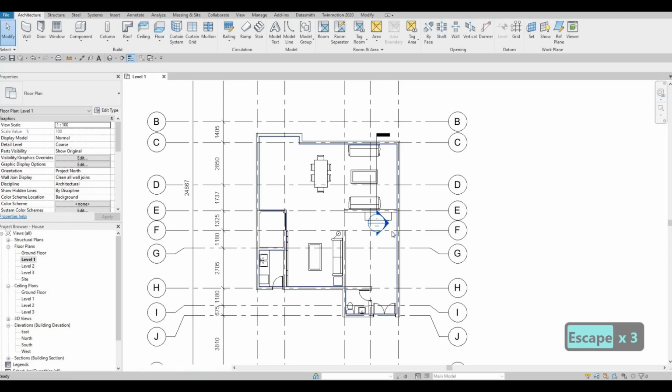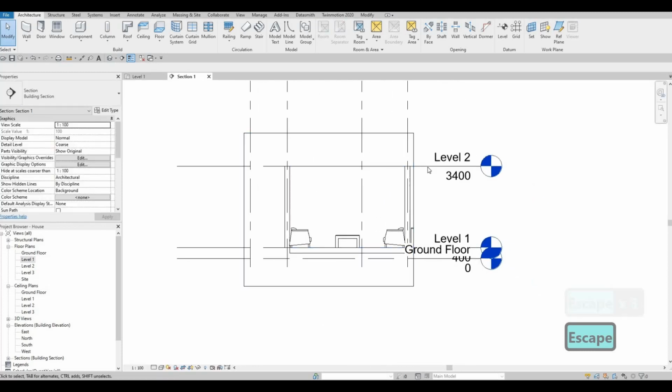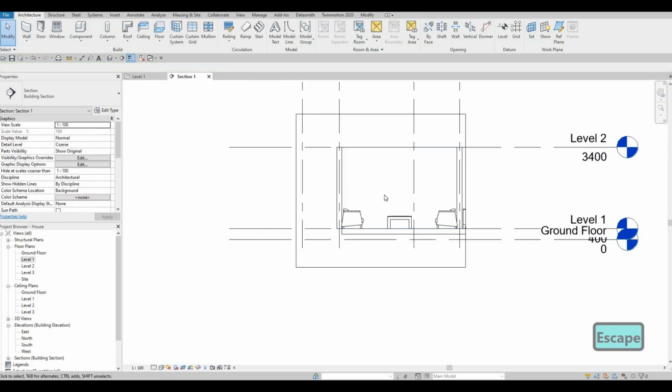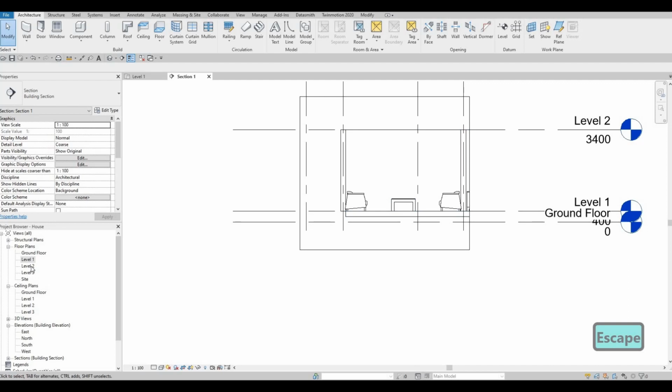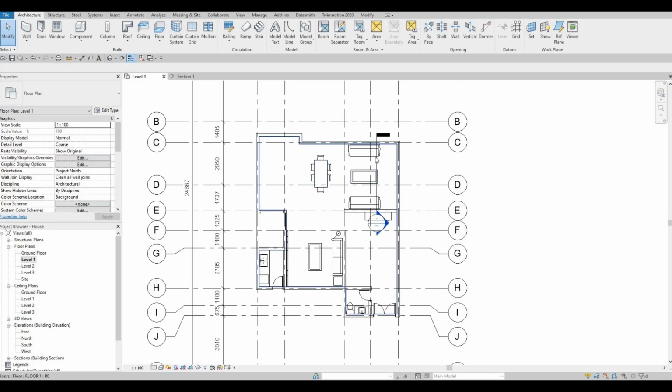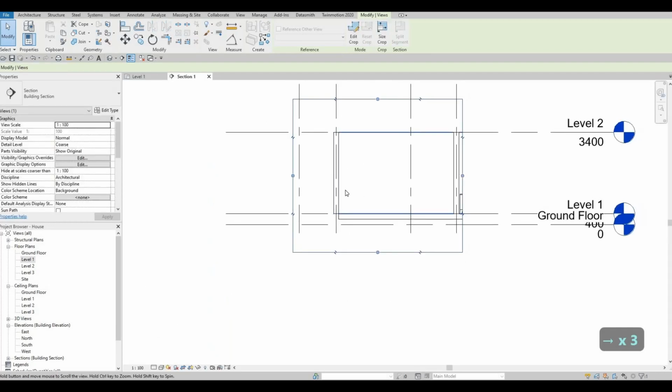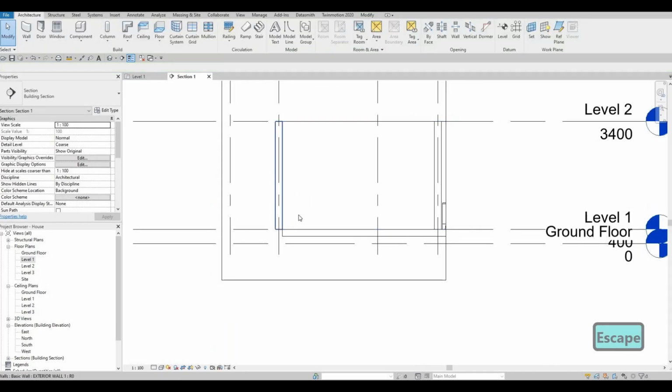So I'm gonna double click here, and as you can see, we just need to move this so that we have enough space for us to see everything right here. And also I'm gonna go back to level 1 and push this so that we don't see anything from this side. So as you can see, everything is good. I'm not seeing the cut version of the sofa and then the coffee table